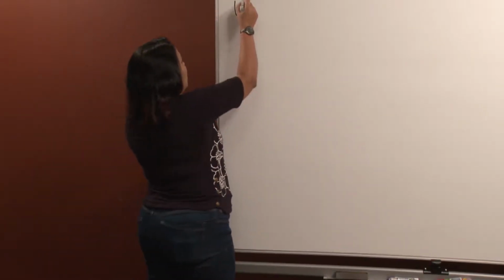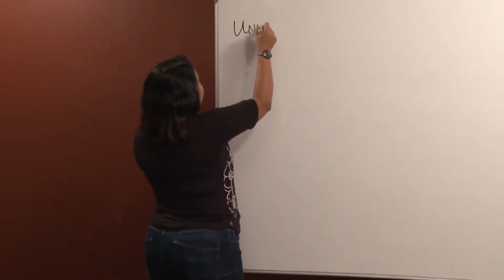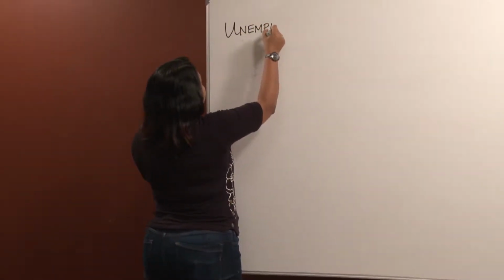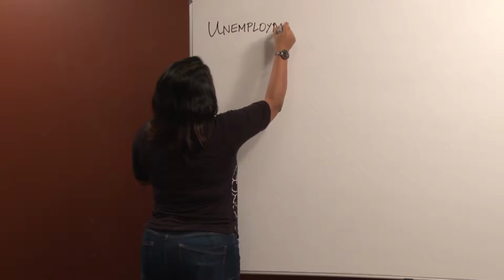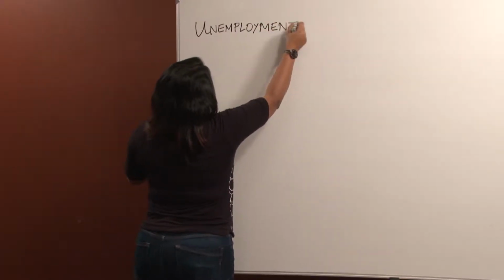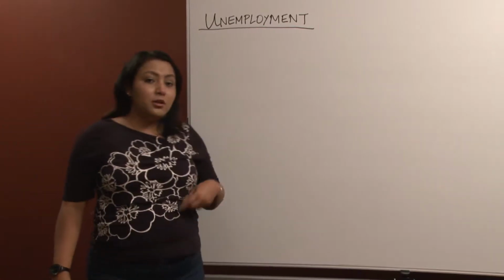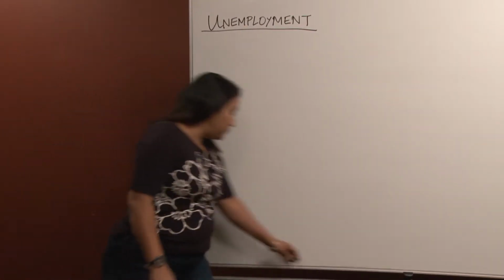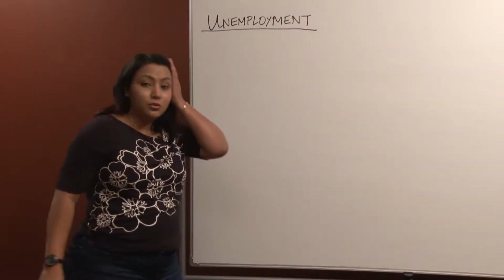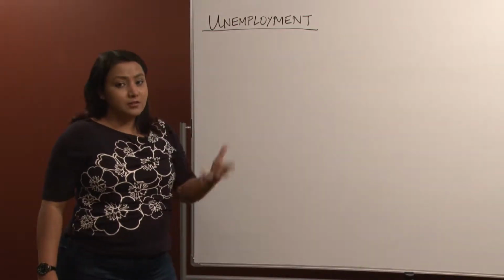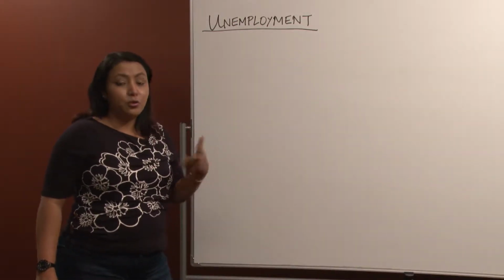So, today we are going to talk about another indicator of macroeconomic health or macroeconomic status of a country, and we will talk about unemployment, which is super important, as you all know, right. So far we have spoken about GDP, and we have seen how GDP is an important measure because it tells you about how much goods and services has been produced in a country, the total volume.